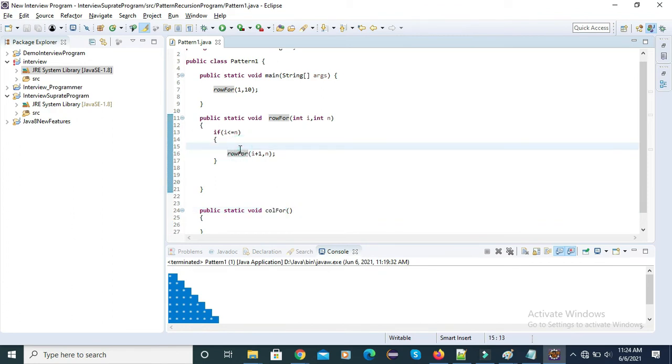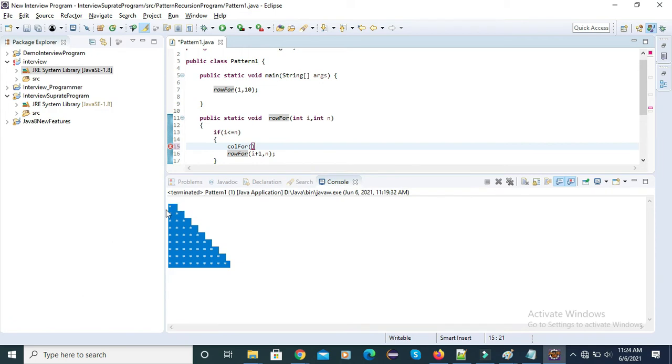I'll simply define that method here, and you can observe that our column printing always starts from 1 and ends at that I value, because the I value increments by 1 every time. In the first row our I value is 1, in the second row our I value is 2, and third time 3, and so on.